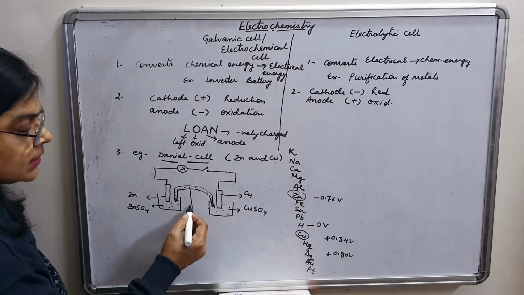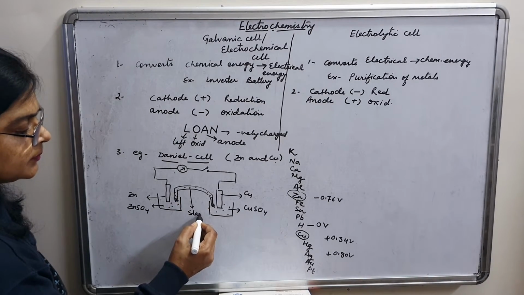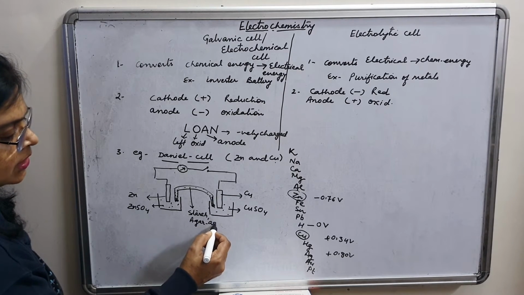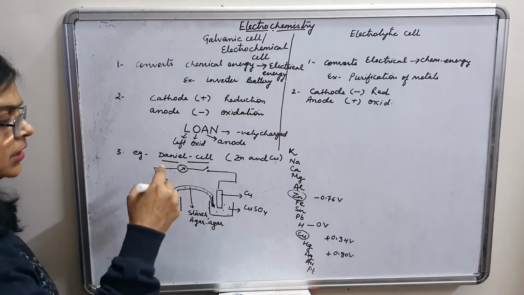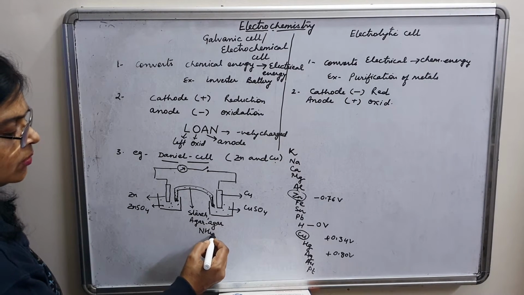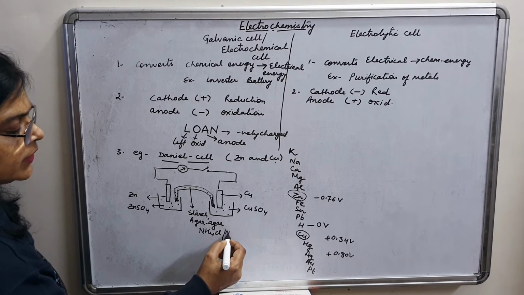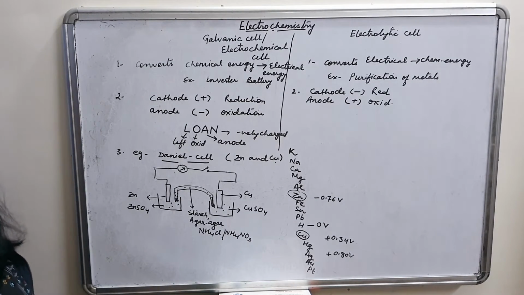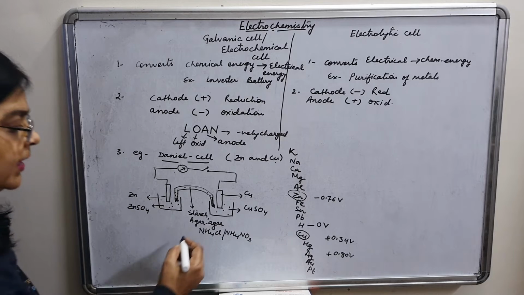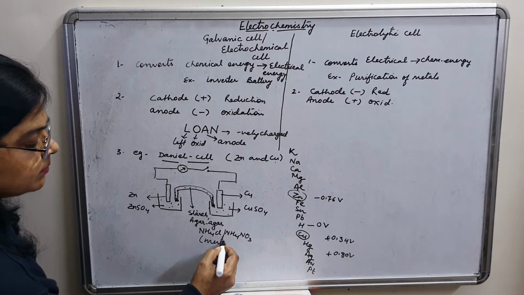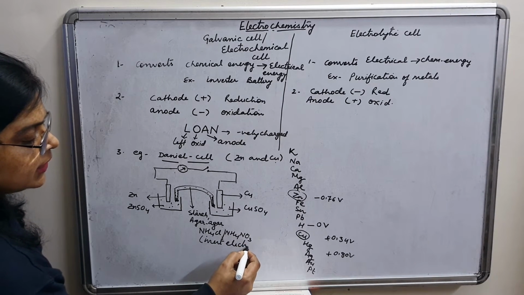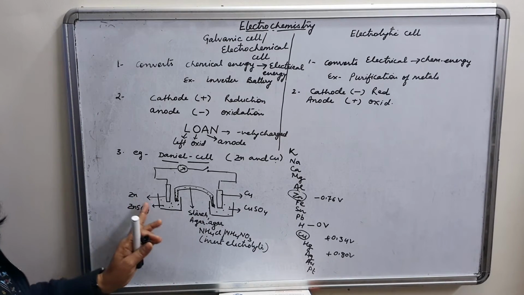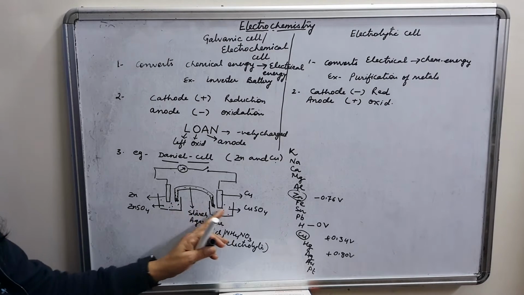So it is the substance like starch, or agar-agar jelly-like substance in which some inert electrolyte is filled, for example, ammonium chloride, ammonium nitrate, potassium nitrate, etc. They are inert electrolytes. What is meant by inert electrolyte? It means that the electrolyte or substance which does not react with the chemicals present in both the halves,